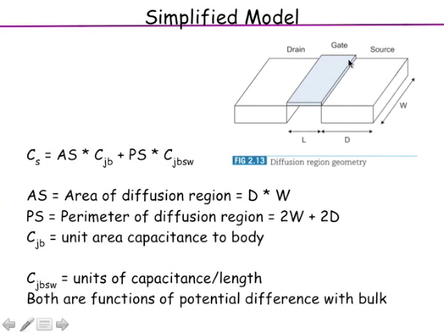Okay, the area of the gate is W times L. And the perimeter, remember this drain and gate also have, drain regions and source regions also have a certain depth here. So there is also sidewall capacitance. So you also have a perimeter out here. The perimeter is D plus W plus D in the back side plus another W on this side. So similarly you have, right?